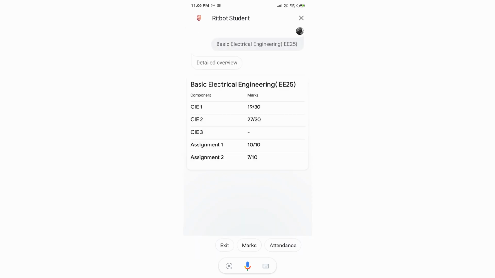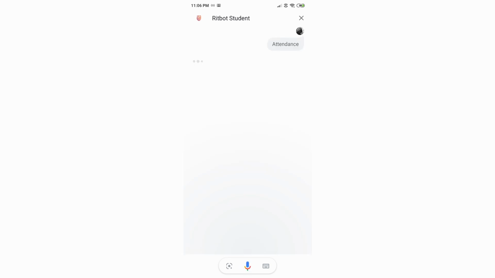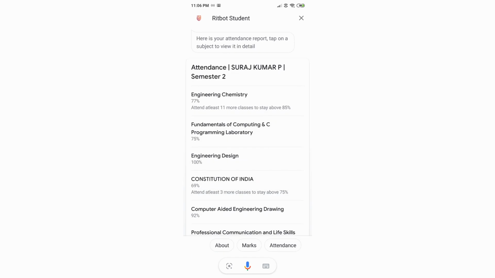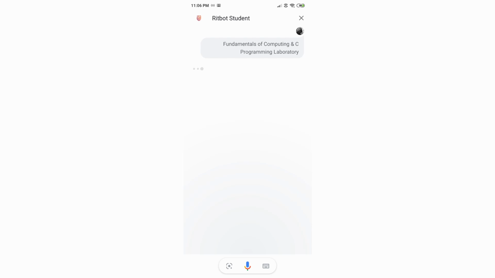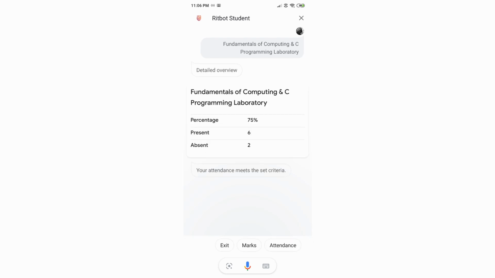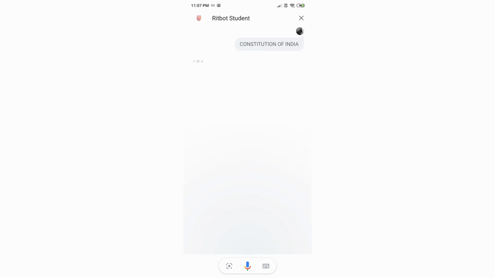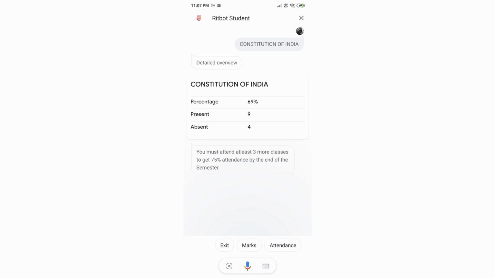Here's a detailed overview. Here's your attendance report. Tap on a subject to view it in detail. Here's a detailed overview. Your attendance meets the set criteria. Here's a detailed overview. You must attend at least 3 more classes to get 75% attendance by the end of the semester.